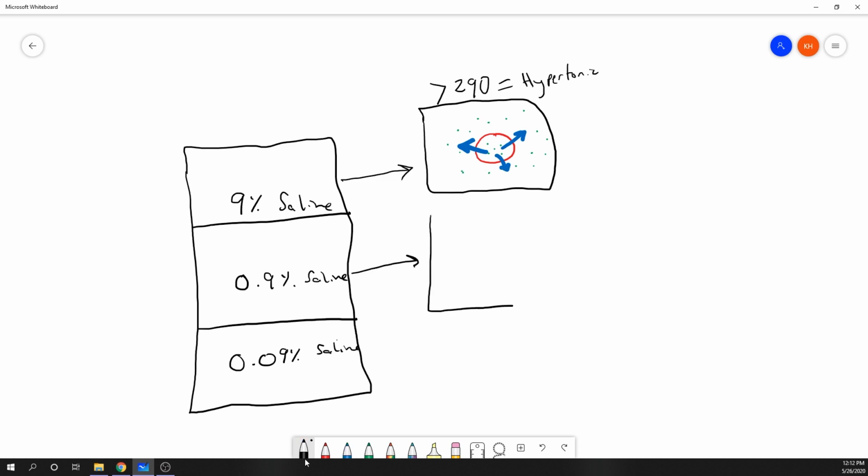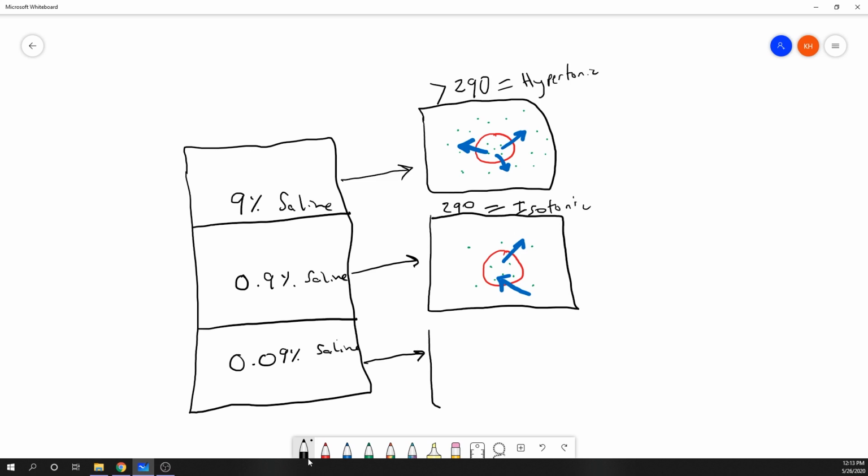Like in the previous example, the red blood cell's osmotic concentration is the same, but now we are administering a solution with a similar solute concentration. Because there is no difference between their osmolarities, water moves out and in at the same rate. This is referred to as no net movement. Last but not least, we have our